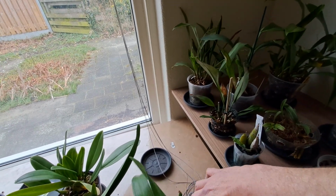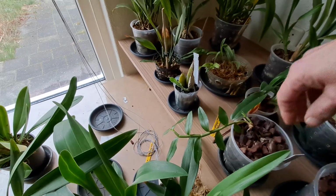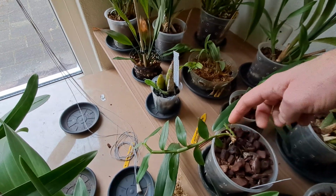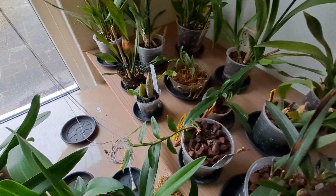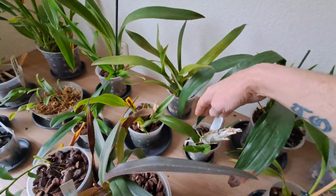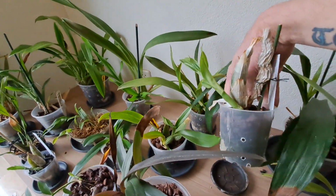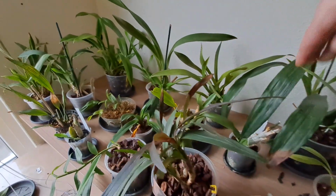Ooh. That's the anosmum I got from the Orchid Saga. Strong new growth. That's the Planiceps. Also a very strong new growth. And we have